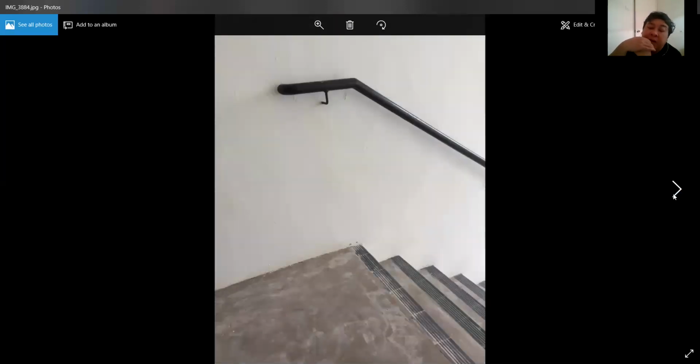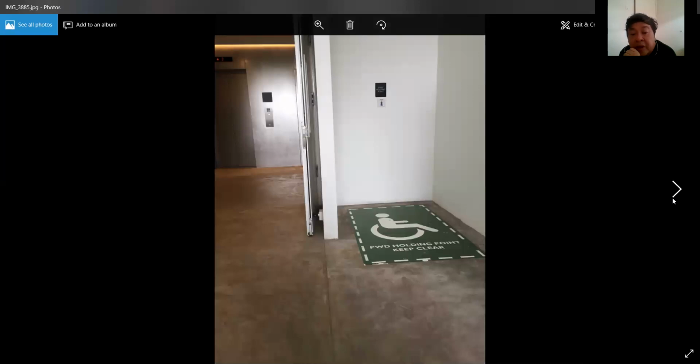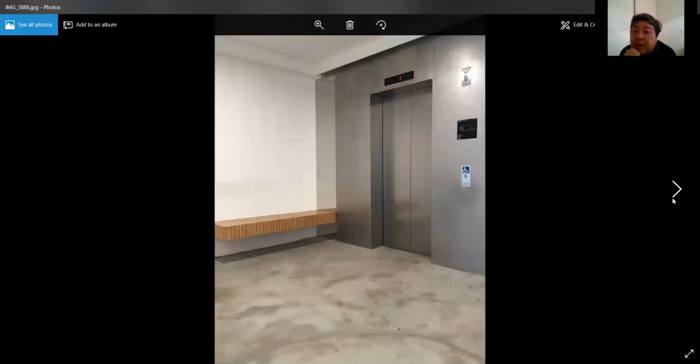The nosing is contrast, but not that great, in terms of black against gray, and the railing is with a grip. You can see just now the refuge space that is located outside of the lift lobby. And at the lift lobby, you can find a seating area for people to wait while they go up the